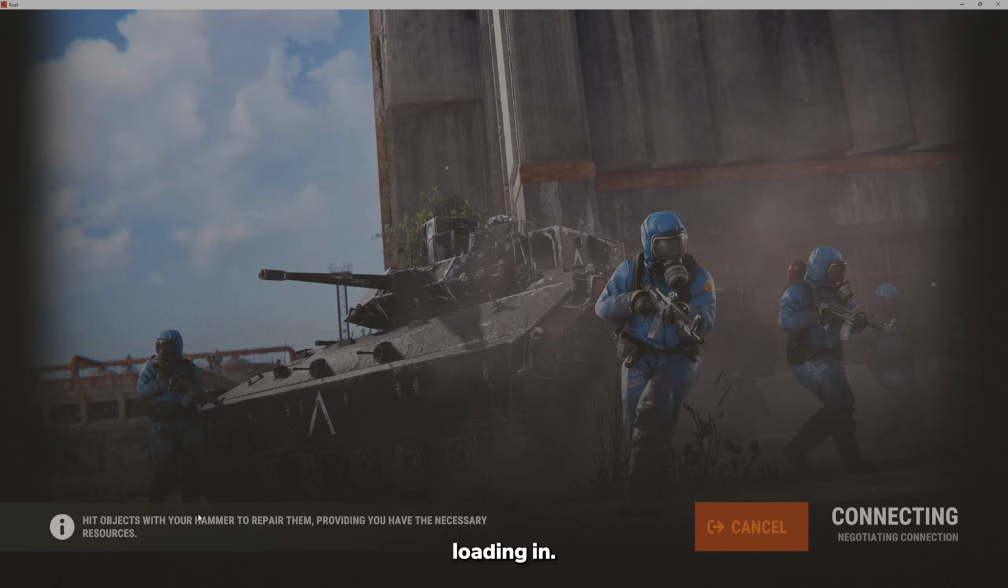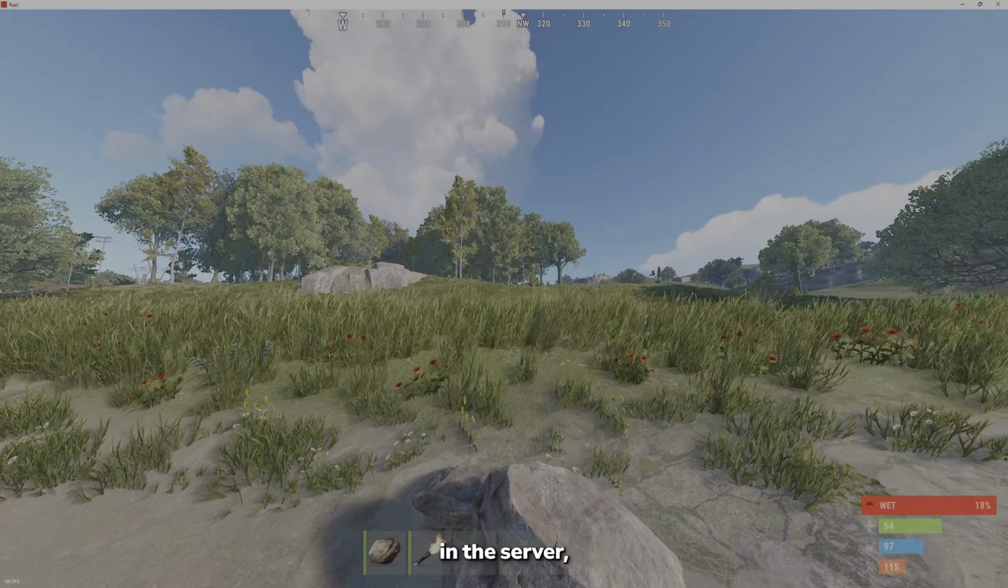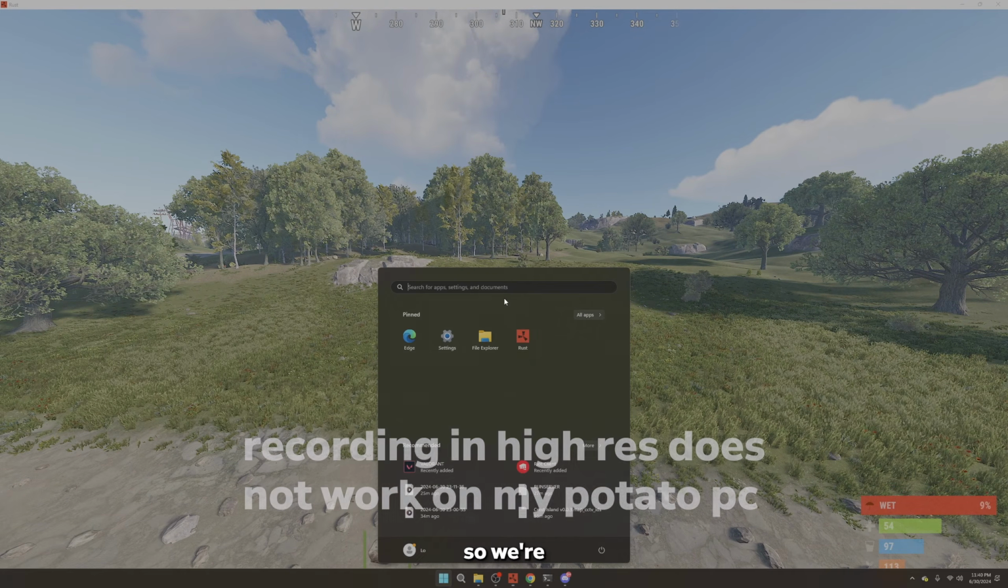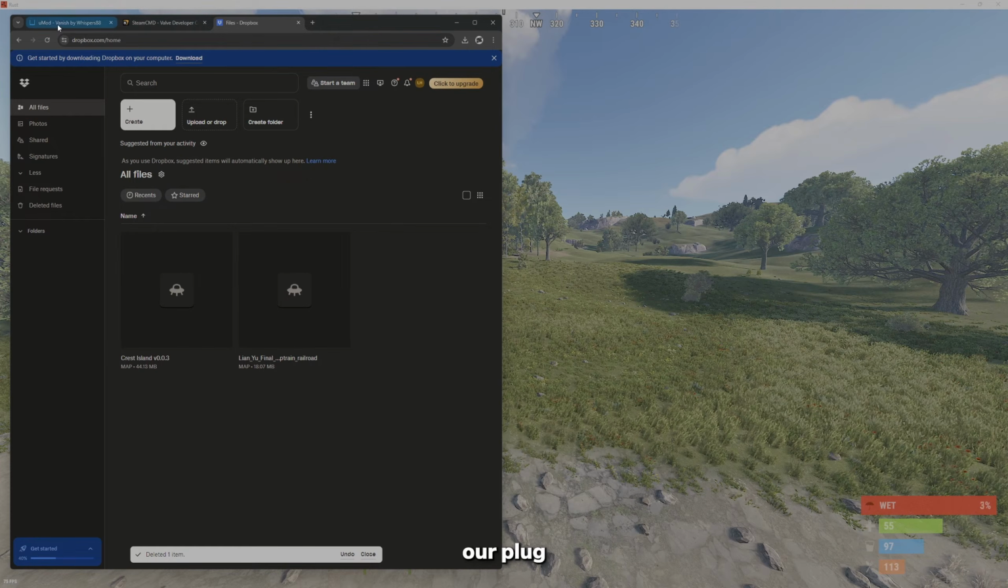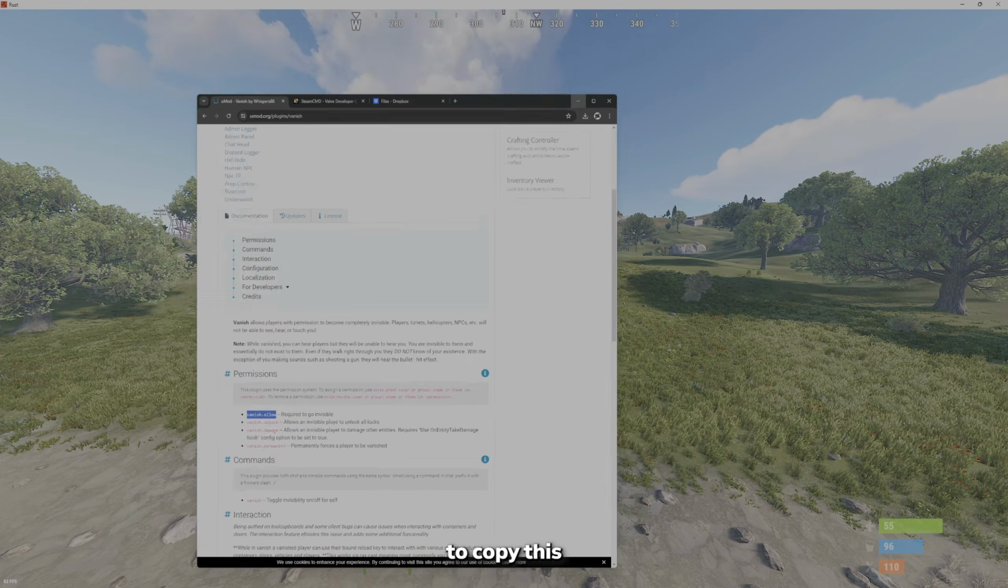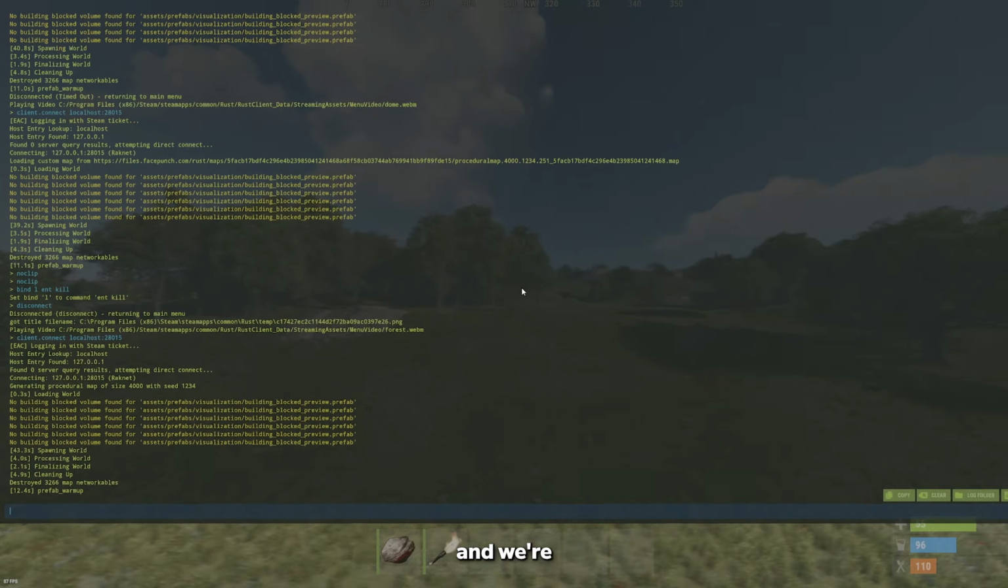We're loading in. Okay, so now that we're in the server, we need to be able to configure the plugin that we have. Of course, we just got Vanish. So we're going to check on our plugin page here. And we need to give ourselves vanish.allow to use the plugin. I'm just going to copy this. And we're going to go into our F1 console. And we're going to do